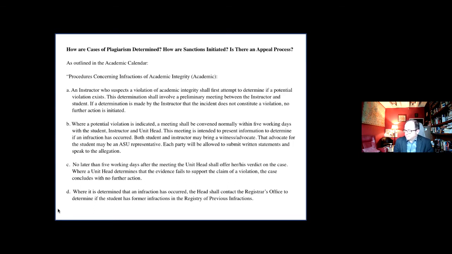All right, let's go a little bit further into this process. Where a potential violation is indicated, a meeting shall be convened normally within 5 days. The meeting is to present information to determine whether an infraction is taking place, and that meeting is between the student and the professor, and normally it would involve a unit head, so that's oftentimes a department head or the